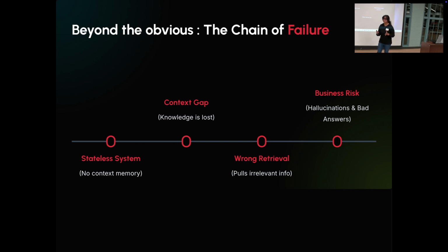Beyond these failures, what I have noticed within these past couple of months is that it's not just these 5 different pillars which have the issue. There's something called the state, memory. Other than the 5 different failures, we have this critical chain of failures which is related to context, stateless systems, wrong retrieval, and hallucinations. What exactly do these things mean?